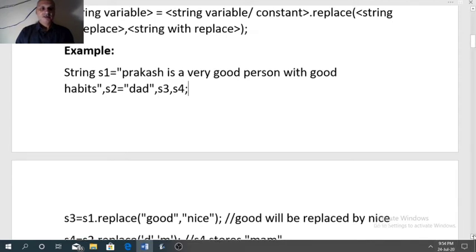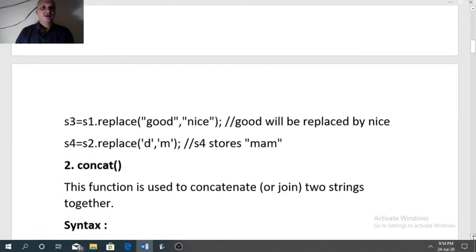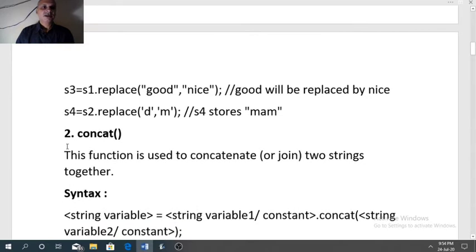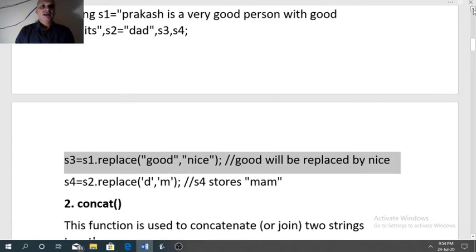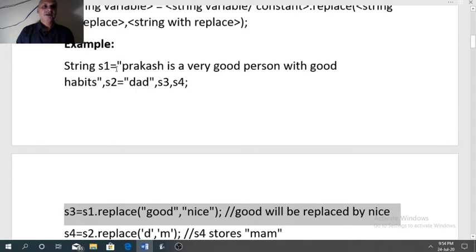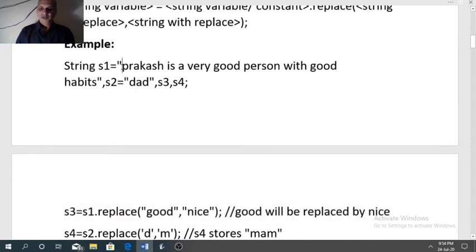So now the example of writing the correct syntax. s3 equal to s1 dot replace. s1 is the source string, which I had explained here. This is our source string: "Prakash is a very good person with good habits."